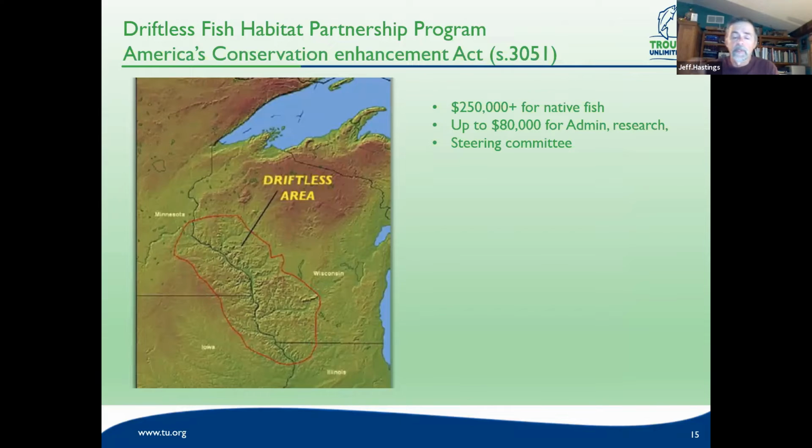Let's see. So one thing that's changed even in the last month, President Trump signed the America's Conservation Enhancement Act. I don't know if you're familiar with NAWCA, which is the North American Wetlands Conservation Act, which provides a lot of funding for wetlands throughout the United States. But we've had a fish habitat partnership program in the United States for probably about 8 years now. In fact, the Driftless was one of the first 4 partnerships in the nation. It has not been a lot of money generating program for us. We probably get about $250,000 a year to work on various habitat projects,